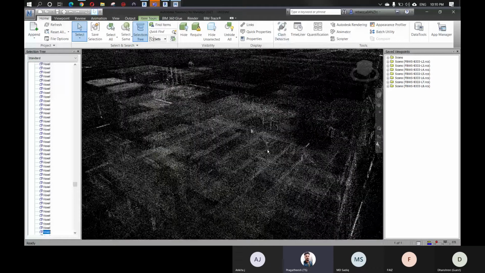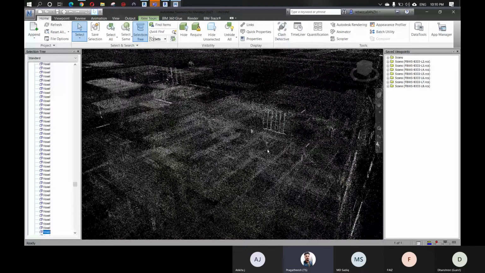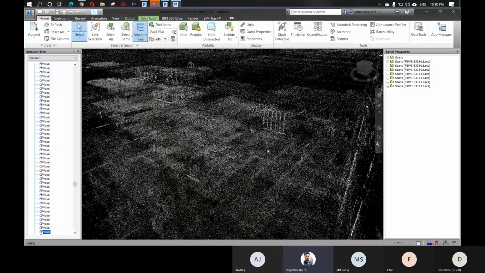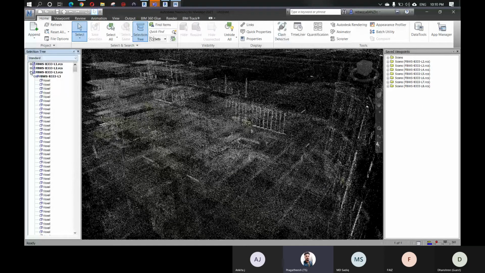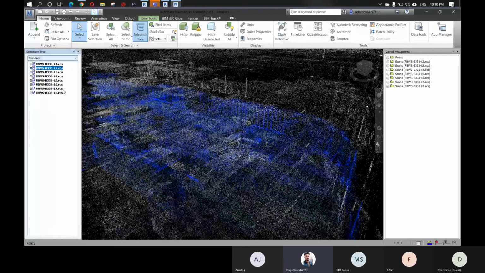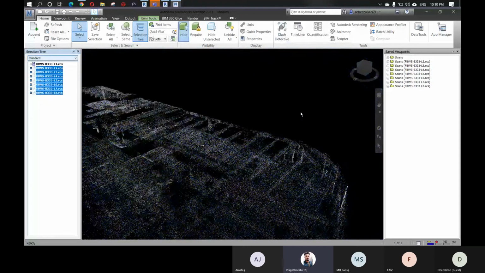So basically you cannot run any clash detection between all these services. But you have to run the clash detection. So how will you do it? You have to go through these pipes and ducts, see where they are going, and check whether it is clashing or not. This is very, very hectic work, as I said. It will take a lot of time. So I'm hiding all these things because it will take a lot of time.